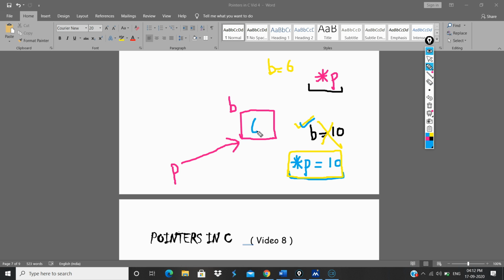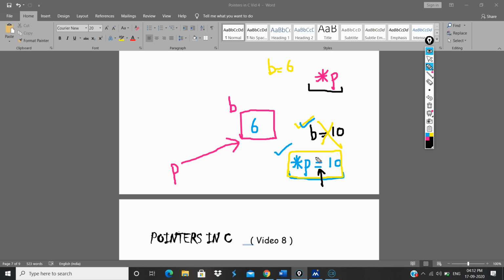Suppose initially I have 6 here. When star p comes in a printf or an executable part of a statement, it takes the value inside the location to which p is pointing. But this statement is not an executable statement, it is an assignment statement, because equals to is there.